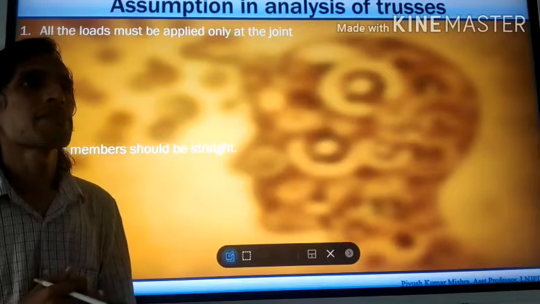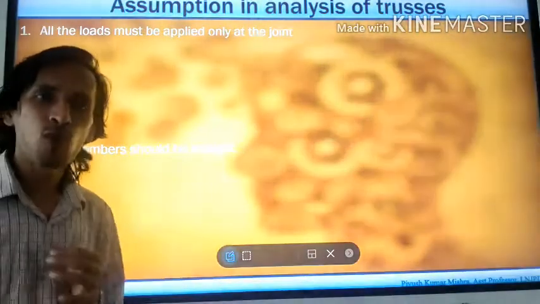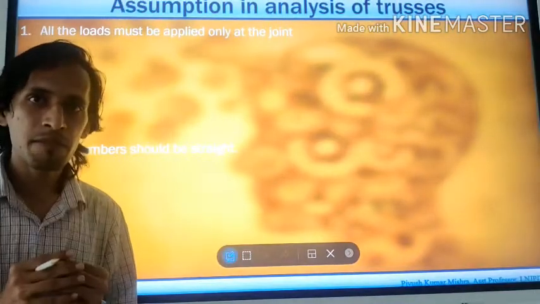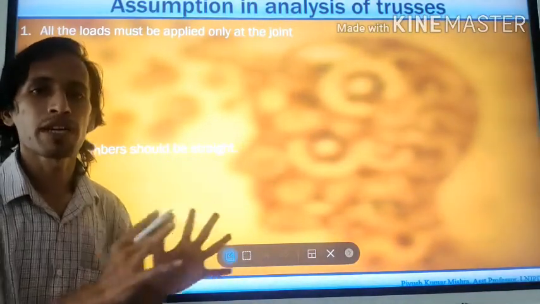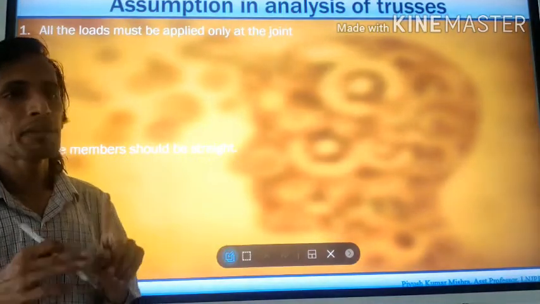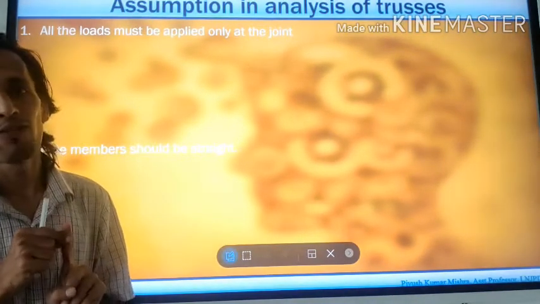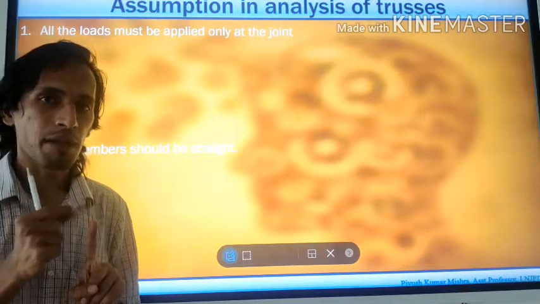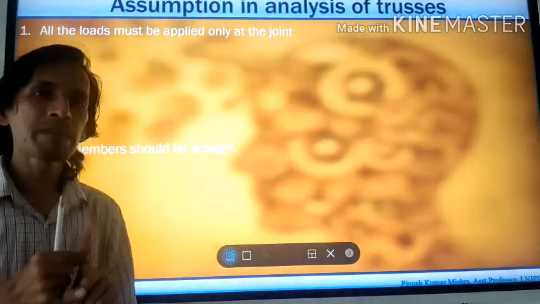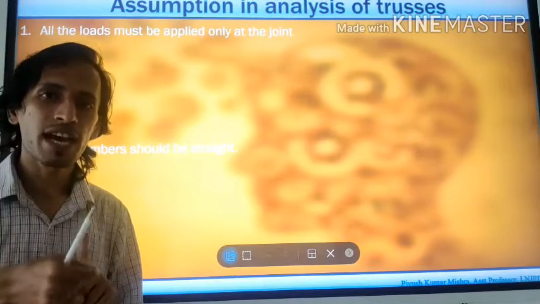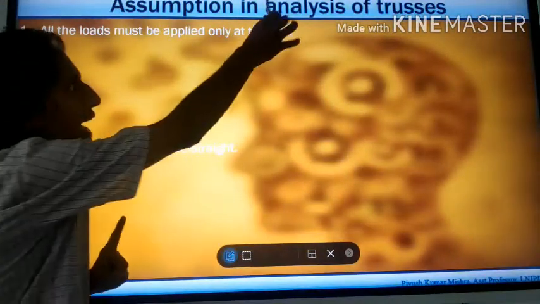Analysis basically means that you have to calculate what is the value of force or the value of stress inside any particular member or structural component. Example: calculating how much stress is inside a beam is analysis. Calculating how much force is inside a truss is analysis. Similarly, calculating how much torsion is coming inside a beam or shaft is also analysis.